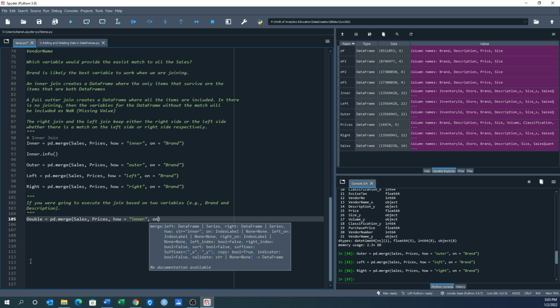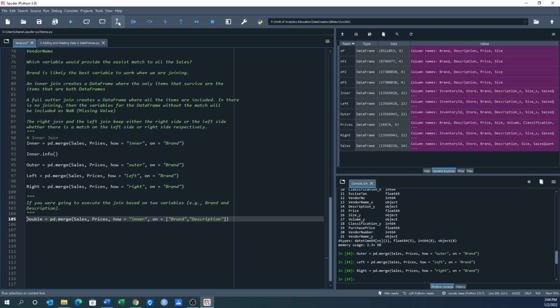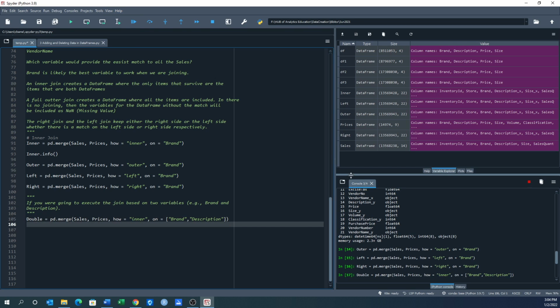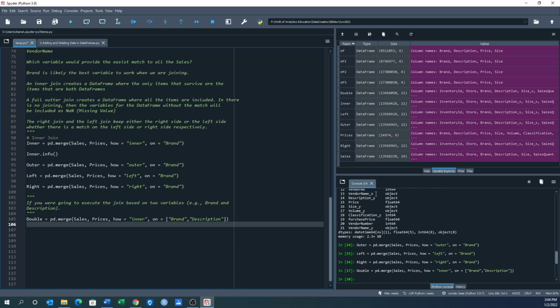And the on changes. Now we want to do it based on brand and description in brackets, right? Those are the two columns. So let's see what double does for us. I call this double because we are using two variables to do the inner join. Okay, so double